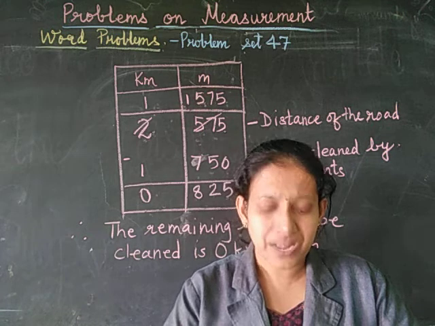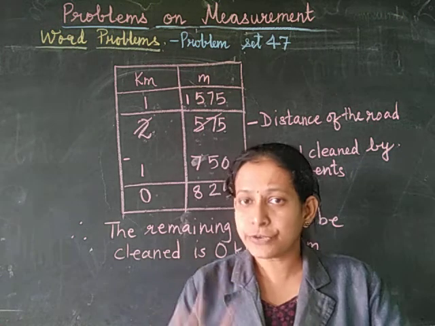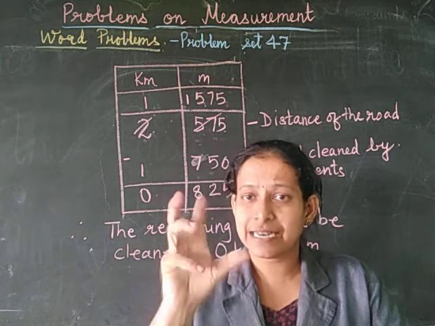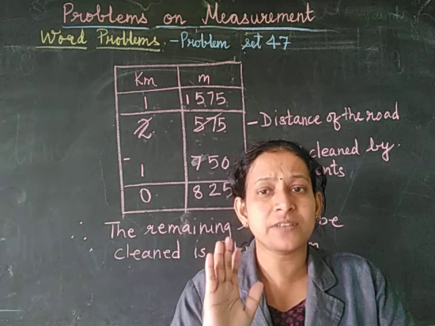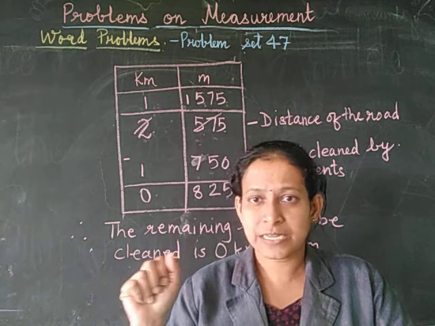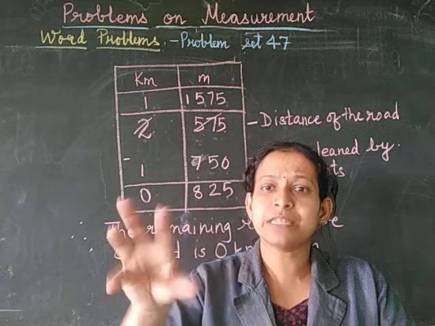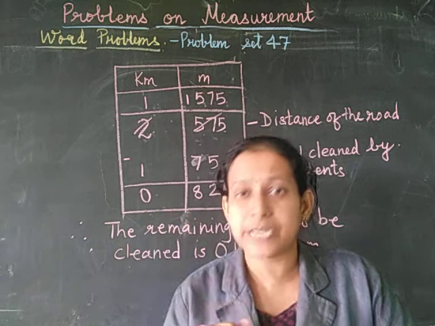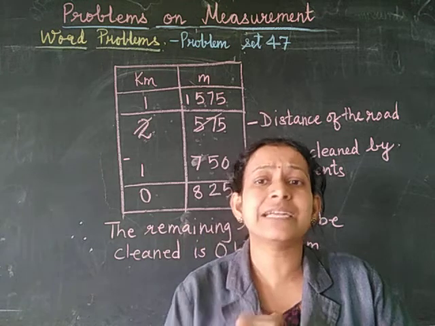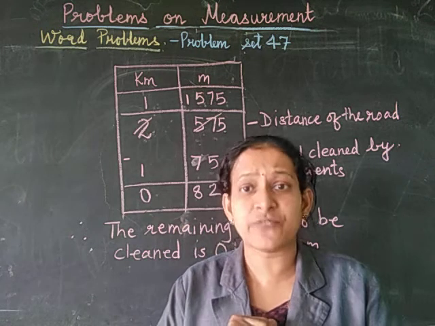Let's think now. Half a liter of milk. Now you know that in 1 liter there are 1000 milliliters. That means half a liter will be 500 ml. So half a liter means 500 ml, and 500 ml costs around 22 rupees. Therefore, 1 liter will be how much? Because we have to find out for 7 liters.